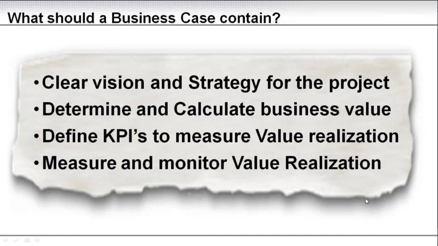What should a business case contain? First of all, a clear vision and strategy for the project. We need to know what it is we are trying to achieve from a strategy and vision point of view. We need to determine and calculate what is the exact business value that this project is going to bring to the organization. And then, and this is very important, we need to define a set of key performance indicators,